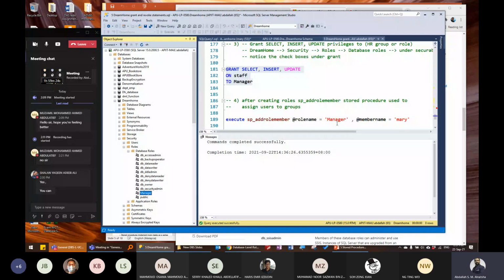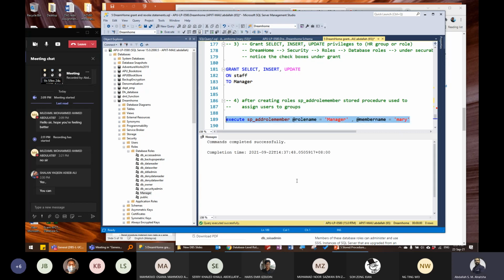At least here, I will assign maybe one user, which is called Mary. To do that, I'll also use one of the built-in stored procedures, which is sp_addrolemember. So I'll execute sp_addrolemember with role name equal to manager and member name equal to Mary. So highlight